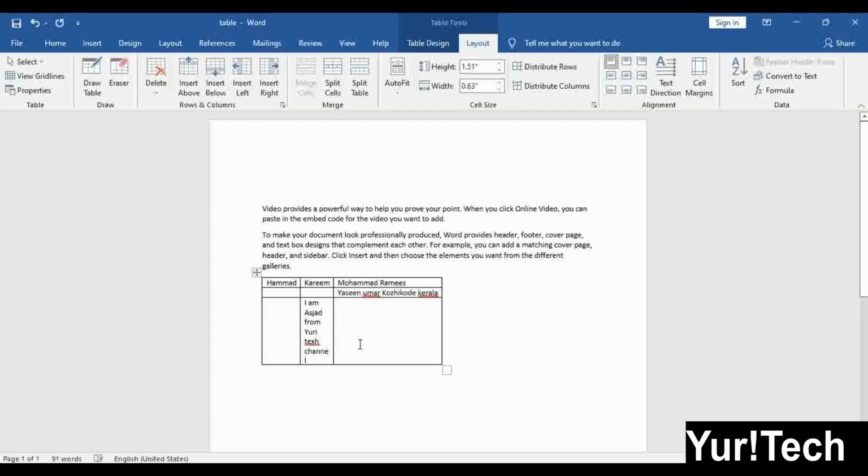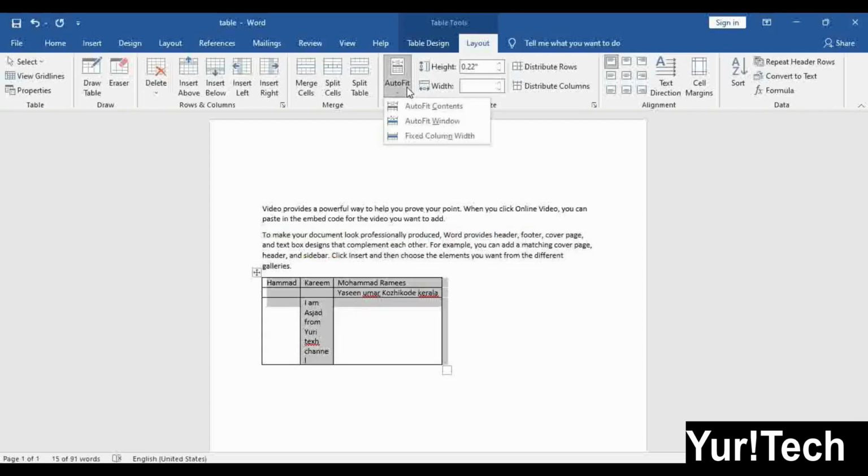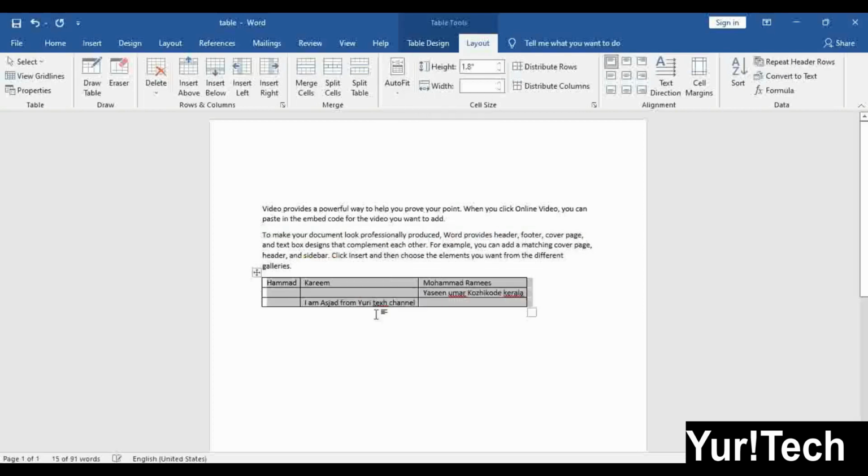But if I apply auto fit contents again, then it adjusts to my words.